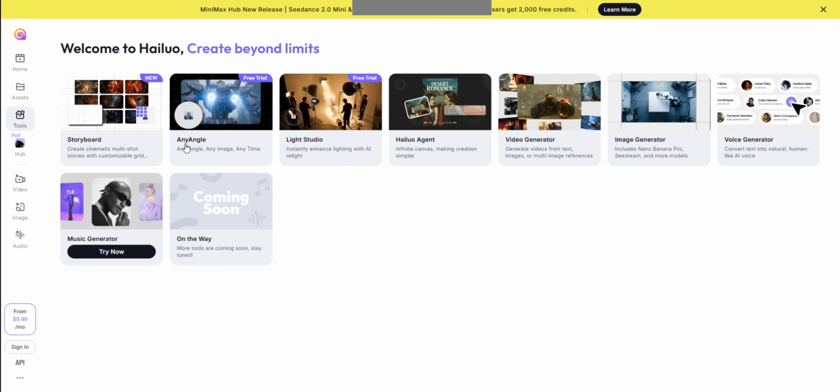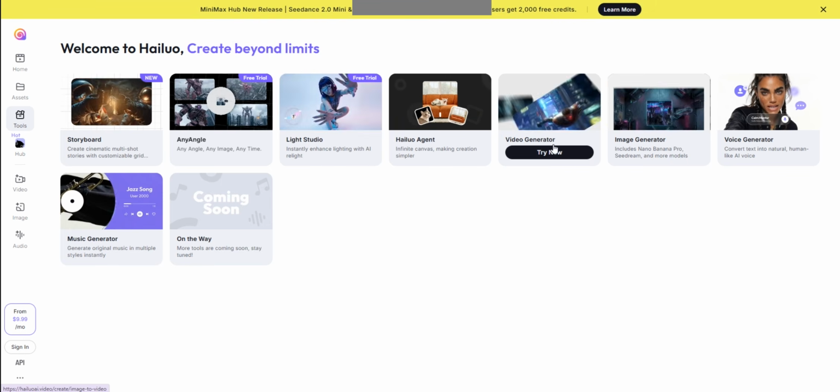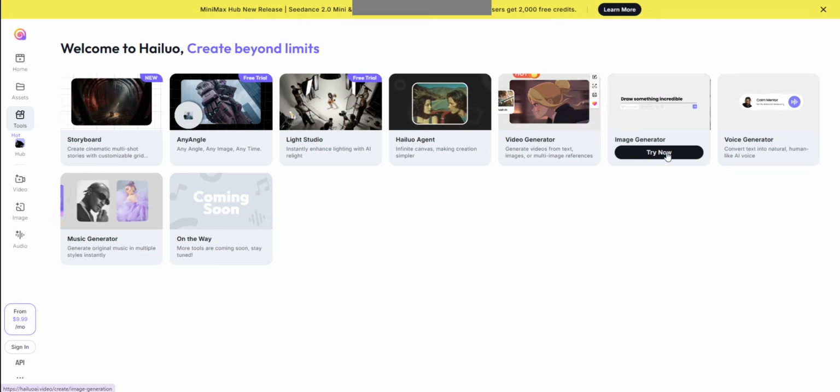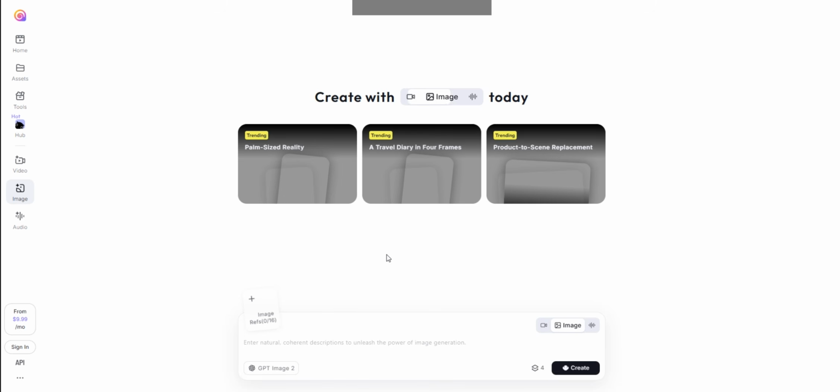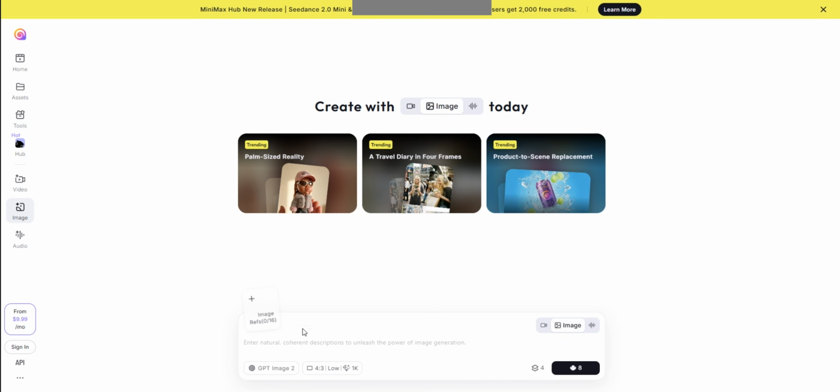Next, choose the feature you want to use, such as text to video or image to video. If you're creating a video from text, enter a detailed prompt describing the scene, characters, camera movement, lighting, and visual style. If you're using an image, upload it from your device and add a prompt describing how you want it